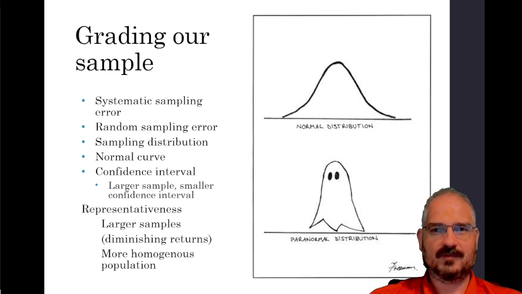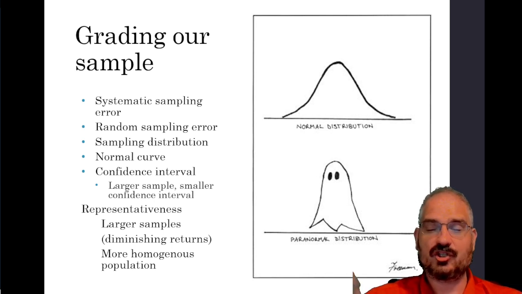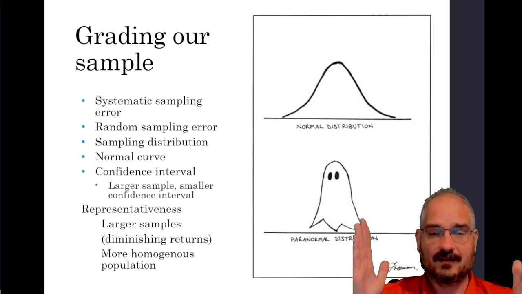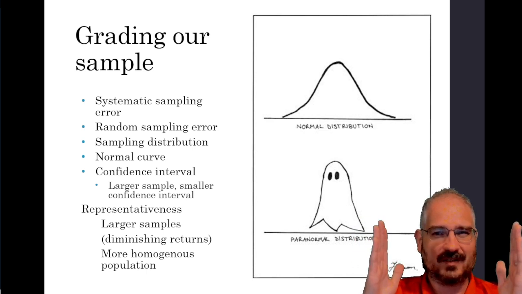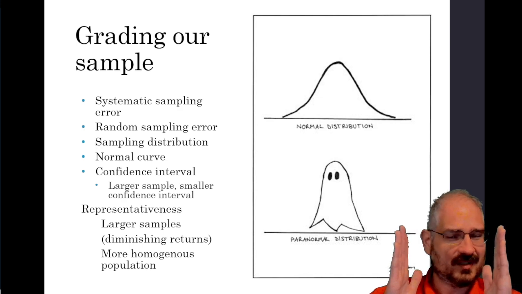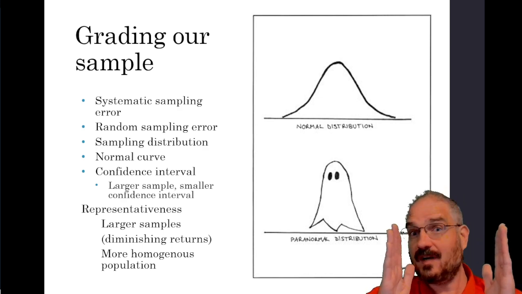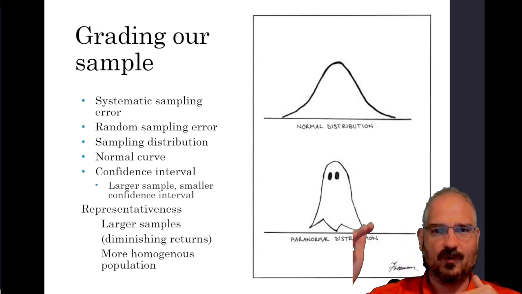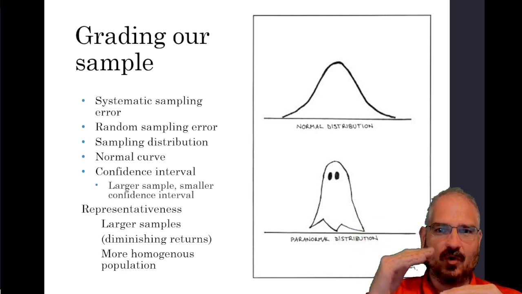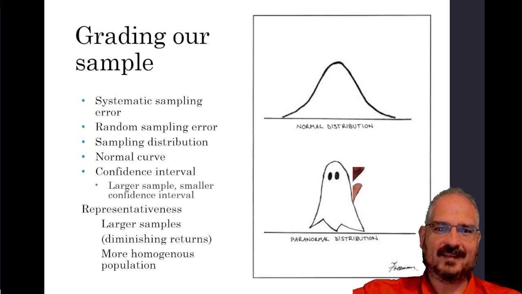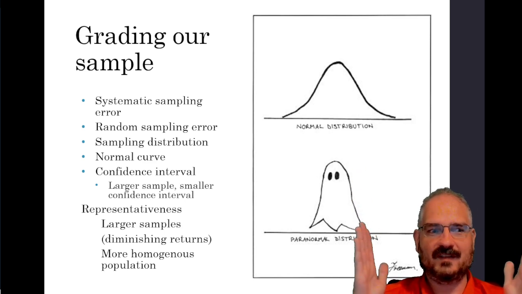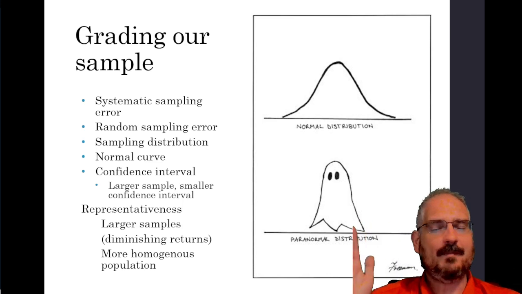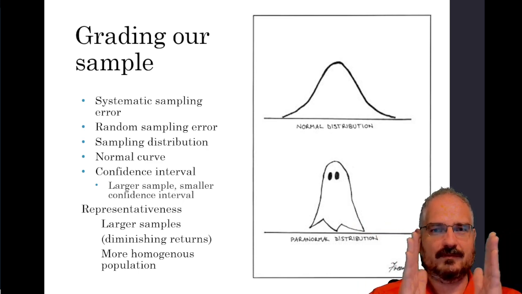So the jump from 200 to 300 is going to shrink your confidence interval a lot. Then moving from 300 to 400 is going to shrink it, but not as much. And 400 to 500 is going to shrink it, but not as much. And moving from 1,100 to 1,200 is going to shrink it, but way less than the jump from 300 to 400, right? So every time we're increasing our sample size by the same amount, our confidence interval is shrinking, but the amount of shrink per jump is getting smaller and smaller,